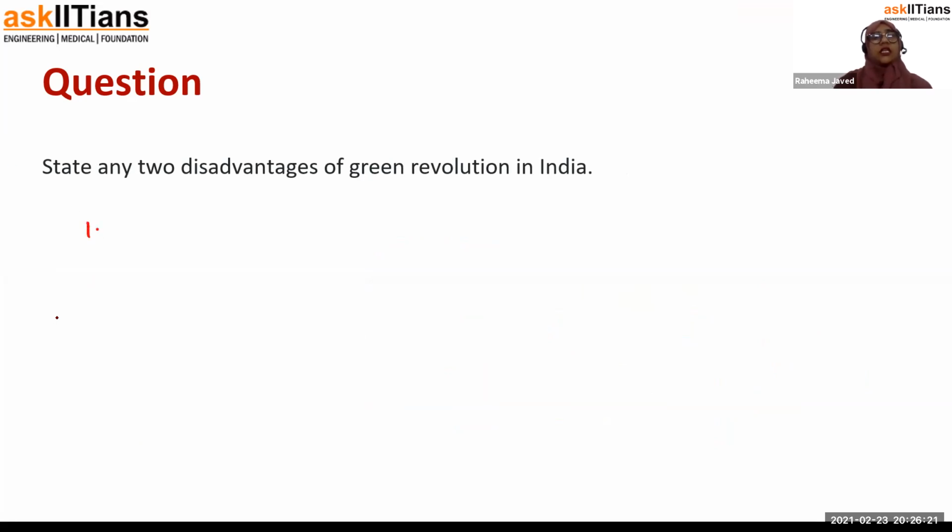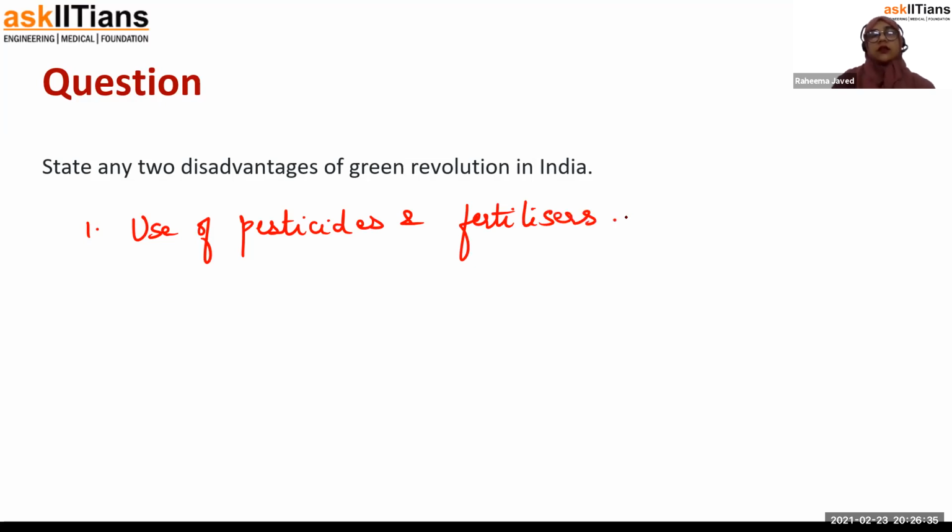Green Revolution in India actually required the use of pesticides and fertilizers, which made it impossible for the poor farmers especially to use them in their fields to grow the crops. And secondly, the second reason is actually connected to the first one. How the use of pesticides and fertilizers will increase the concerns,